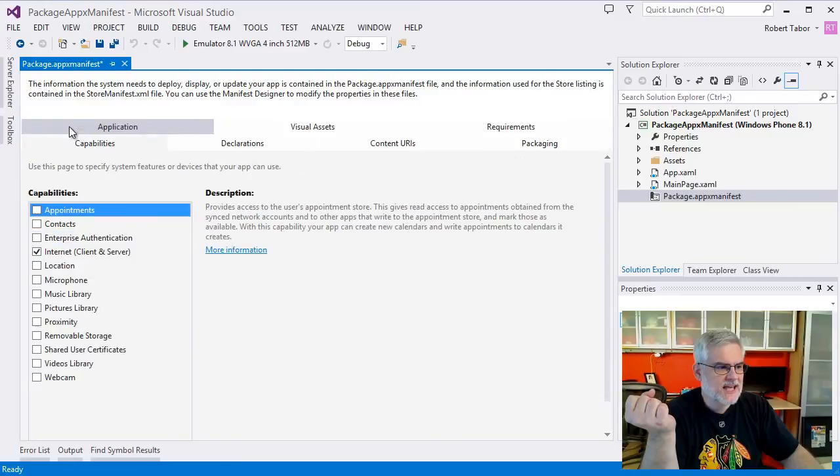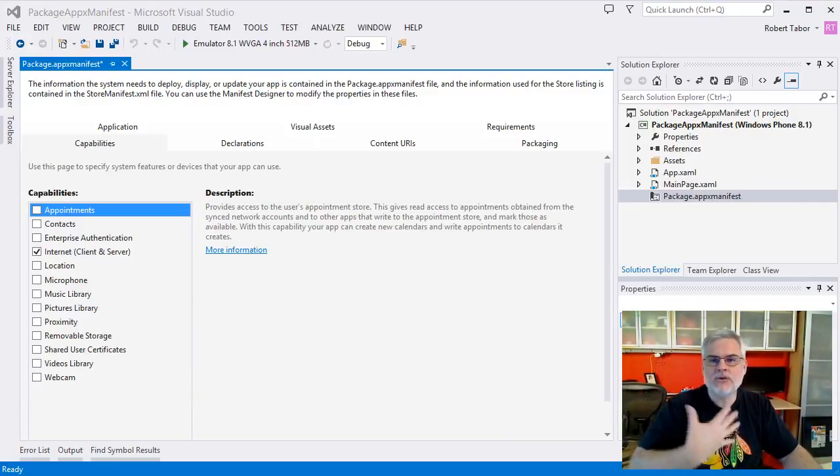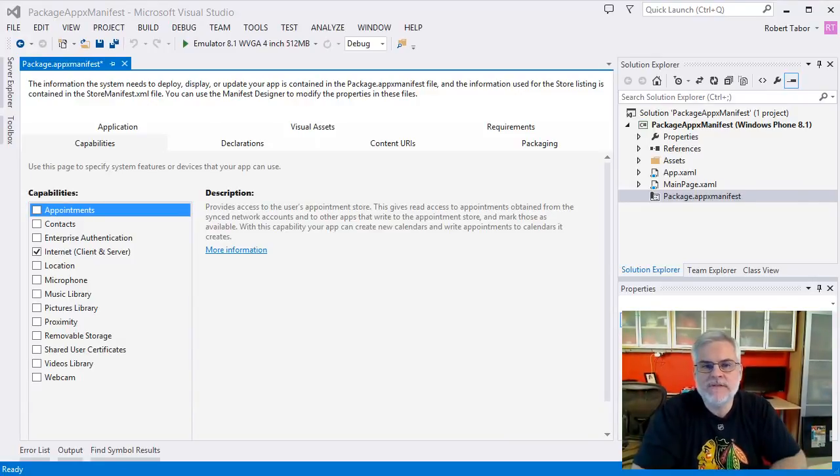So the next tab is the Capabilities tab. A capability is a request for permission. So suppose that your app wants to access a given feature of the phone or the data on a given phone. You can't just, as a developer, go grab that capability or that asset. You need to ask permission of the user of the phone